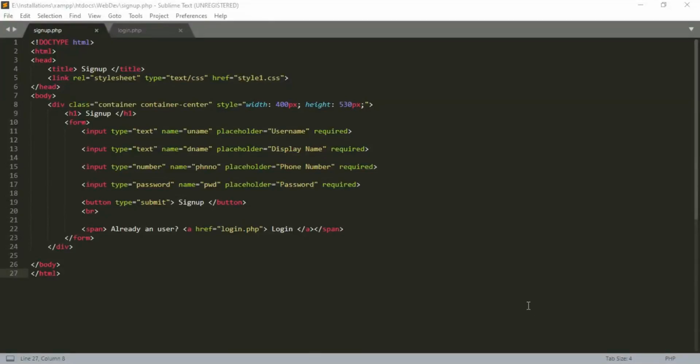Welcome back. Now that we are done with front end of the web page, let's try to add backend code to our website. Let's start with the sign up page. We have our HTML code for a form here. One of the first steps of connecting front end to the backend is to add the action attribute.